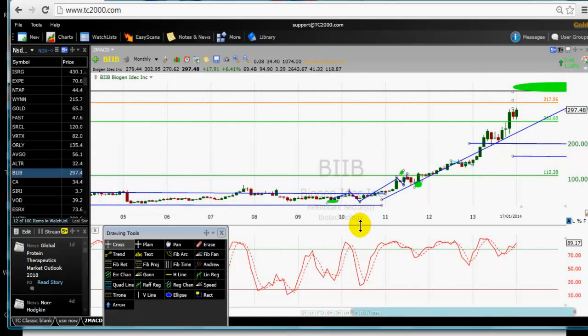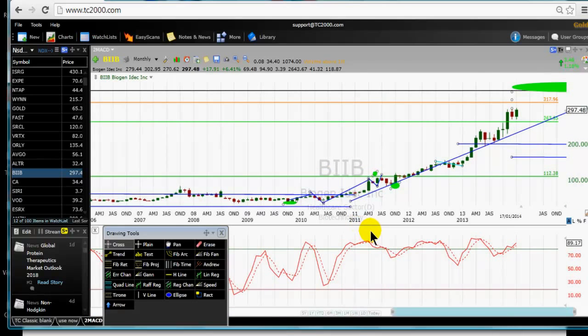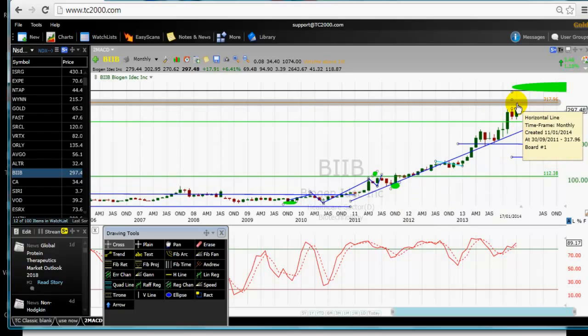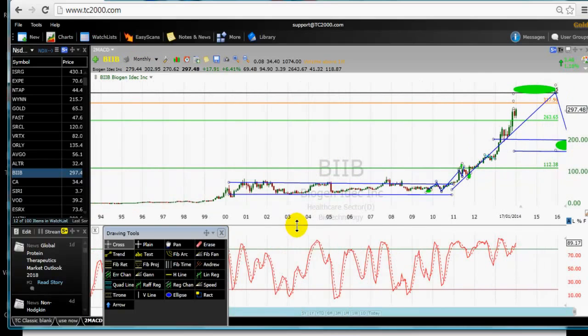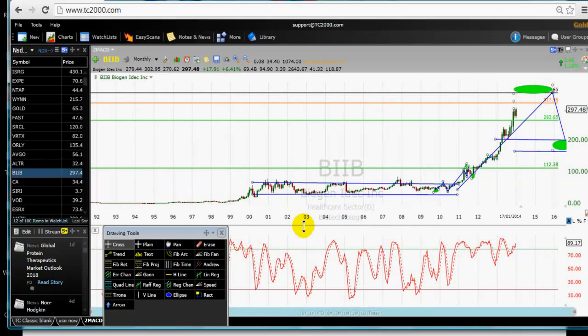I will tell traders now that the move from this point where my cursor is, all the way to the target level at $317, is the third Elliott wave. All right? But a wave on the monthly chart can be a minor wave on a higher time frame. In fact, on the yearly charts, the first Elliott wave, as you can see here, there was a consolidation here again